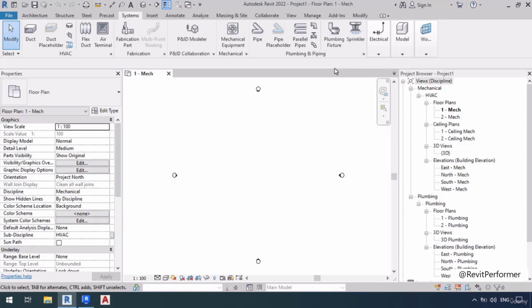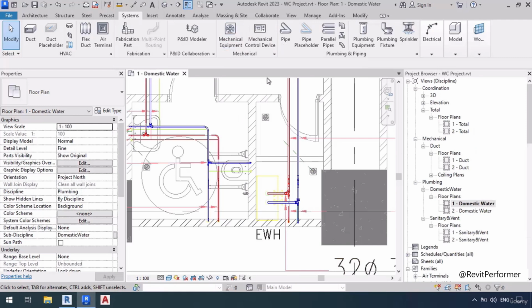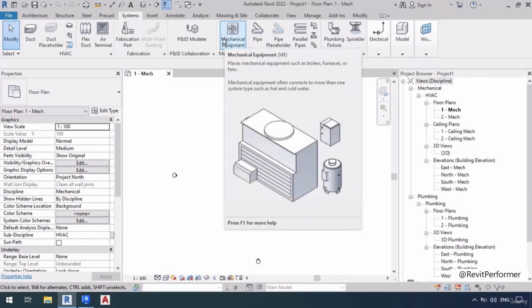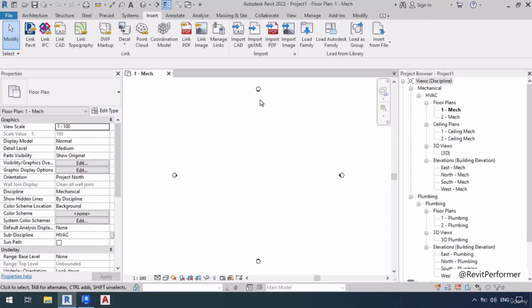In order to place our equipment in the project, we could just use this mechanical equipment command. Basically what's been done in the 2023 version is that the developers have separated this mechanical equipment from this plumbing equipment command. That has left us with two different commands now, but still in the older versions, even though we don't have the plumbing equipment command, we can still use this mechanical equipment, meaning that we would go to the Insert tab,